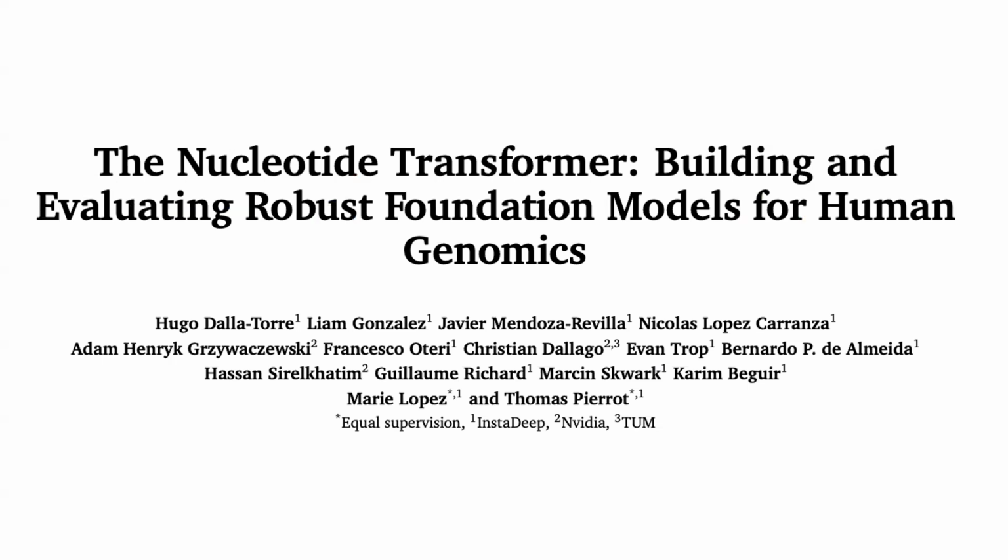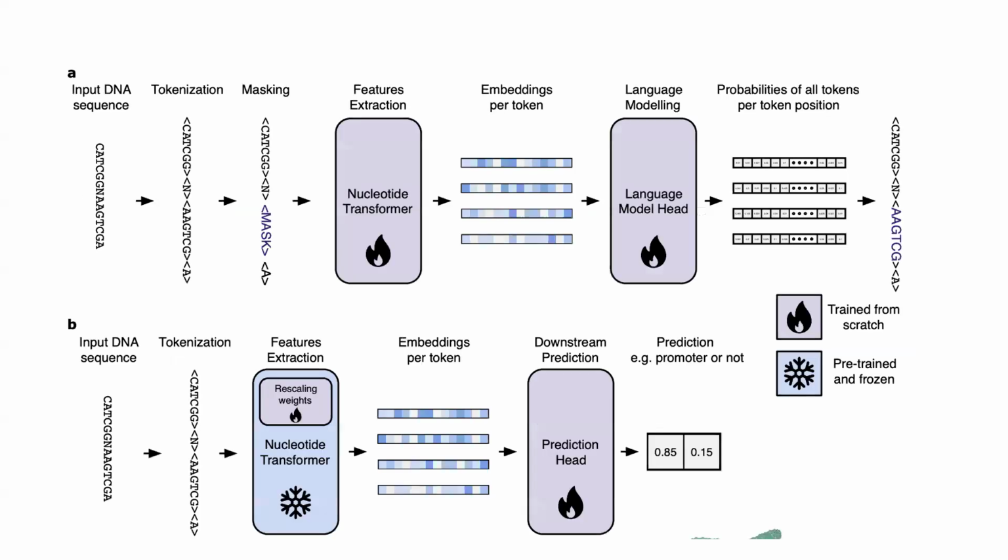I want to walk through it. So nucleotide transformer is just another transformer trained on a large corpus of DNA data. Works about the same. So you can see on the top, that's kind of the path for training. We start with the DNA sequence. We change it into k-mers. Here it's 6 nucleotides at a time, so 6-mers. And then some of those nucleotides are masked. And then we're training it to predict those masked